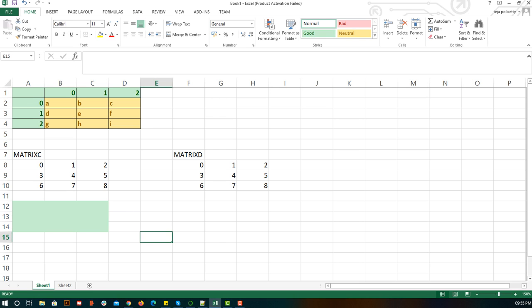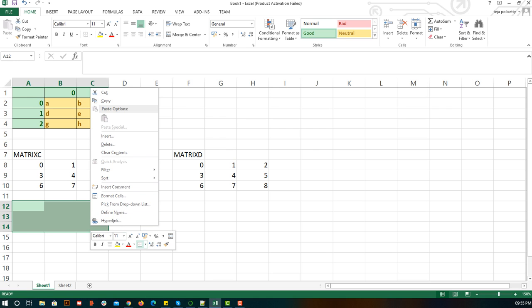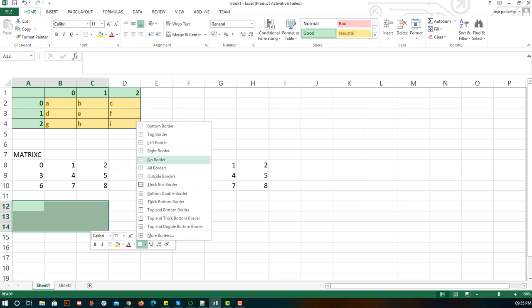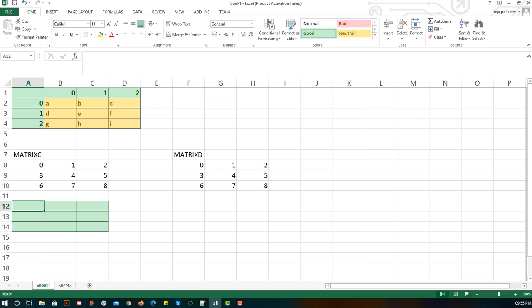Now in this first place, let me give borders. In this first place, this complete row will multiply with this complete column. Try to understand, it will not take much time.